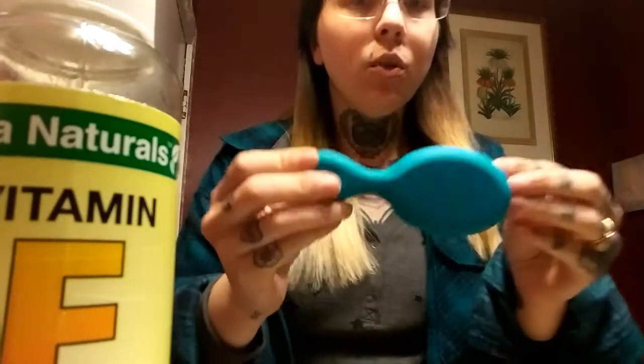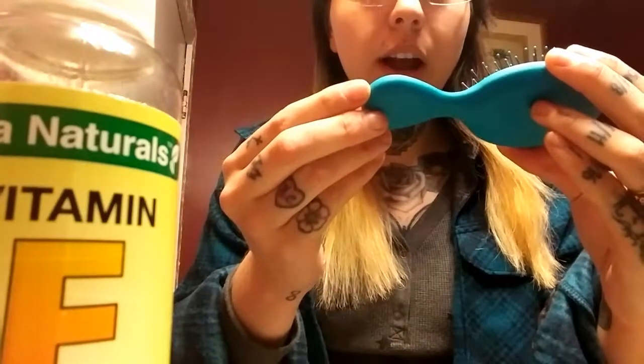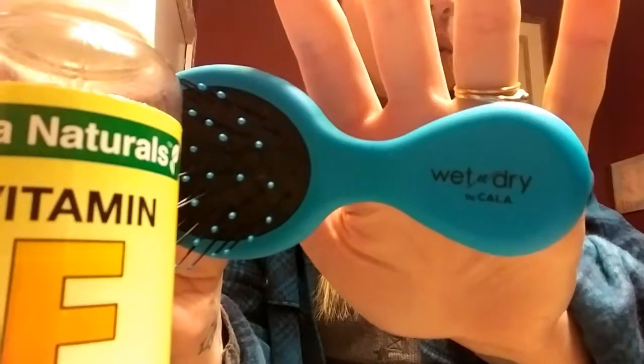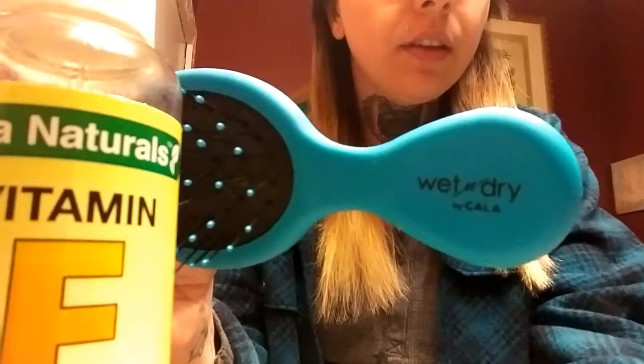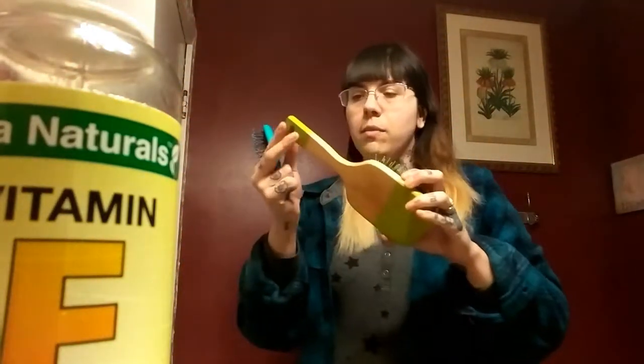This hairbrush is pretty cool. My mom gave it to me. It's just a little tiny one. It says Wet and Dry by Kala. She got it at the hair store where she works. I don't know if that'll focus very well. Let's see, will that focus? No, but that's okay. It's a wet and dry one, and I like it